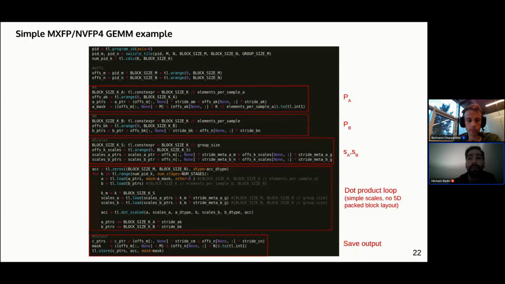Just keep in mind that there's a more advanced way of doing this, and there's also the TMA version, where you can replace tl.load with the descriptor load. And there's also a version where you have to transpose the blocks inside. I also didn't talk about this, but if you do this, you will get pretty good performance